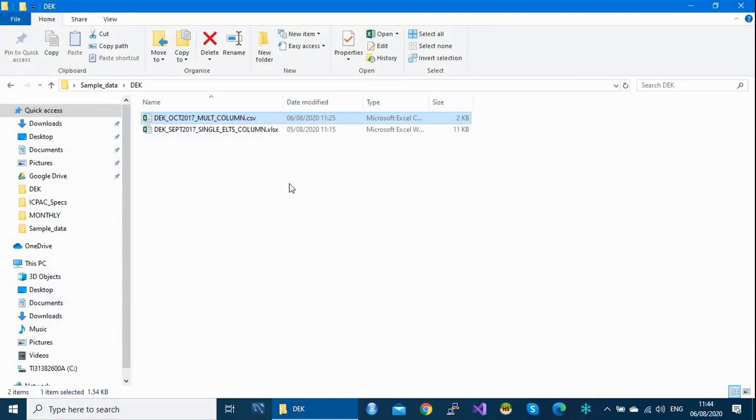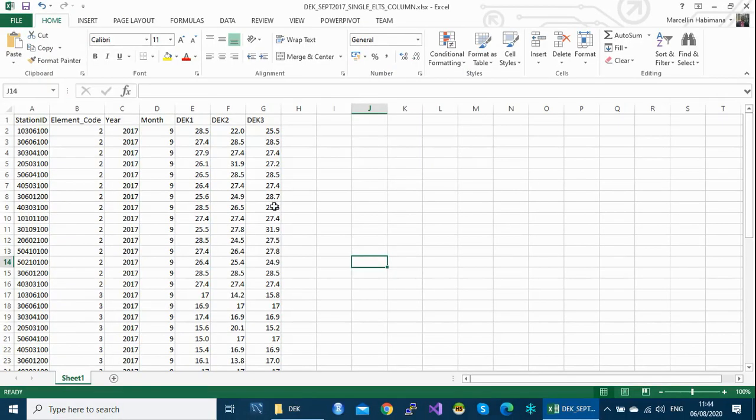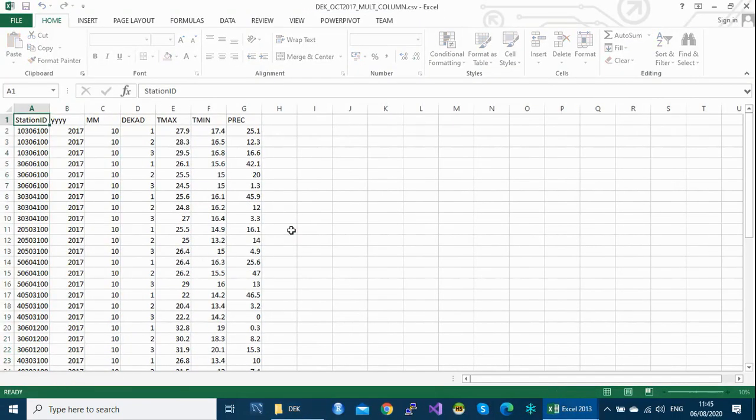So we are going to start with the first scenario whereby elements are in one column. What I mean here is an example of decade data whereby elements are in one column. There is another example of decade data whereby elements are in multiple columns.